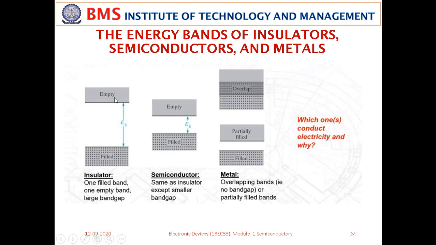The same mechanism may happen here, but in this case it's very difficult to move an electron across. Even if a small excitation may happen, it's negligible. It doesn't cause any significant amount of current, especially in insulators. So that's how we can classify the materials. The first band diagram shows an insulator, the second one is a semiconductor, and the third one is a conductor.